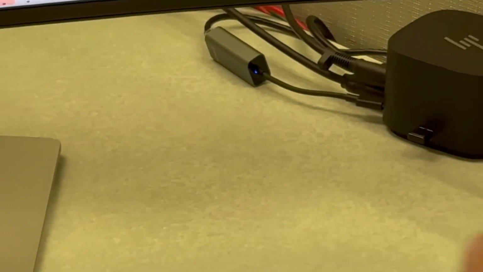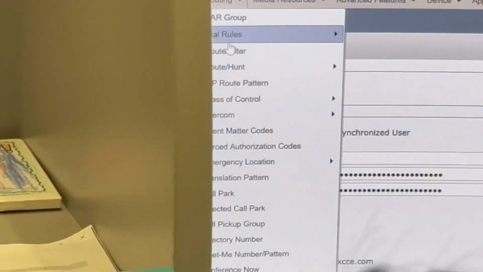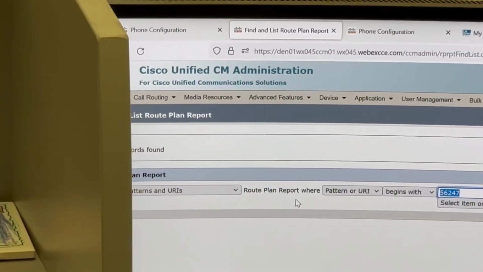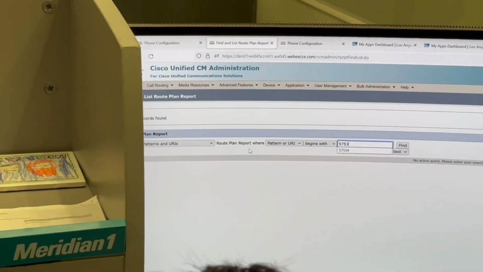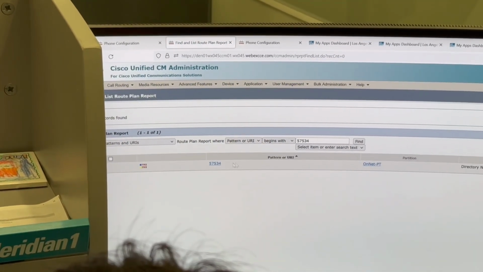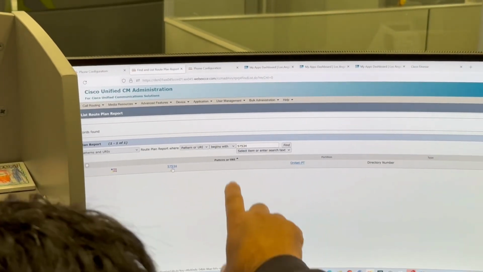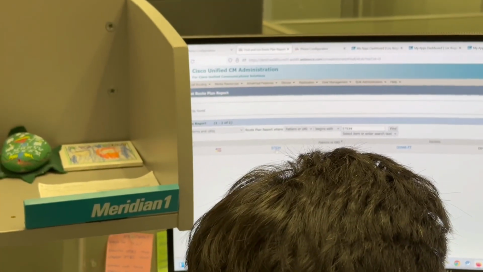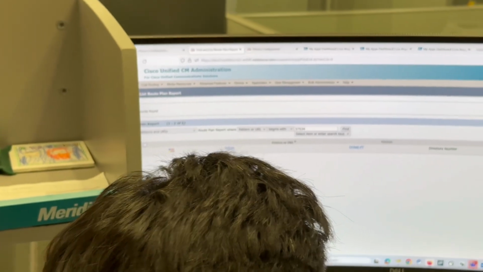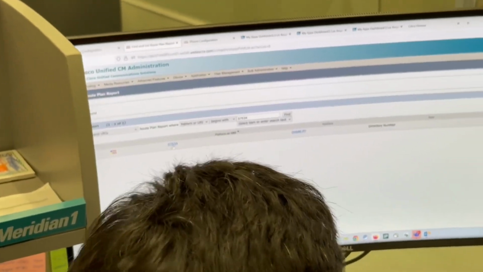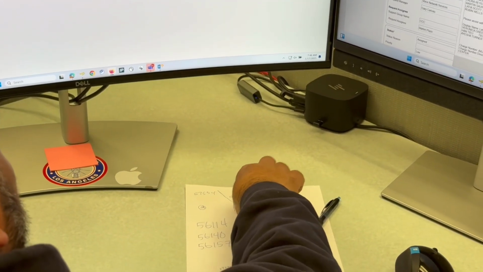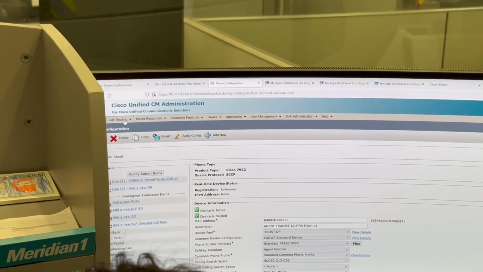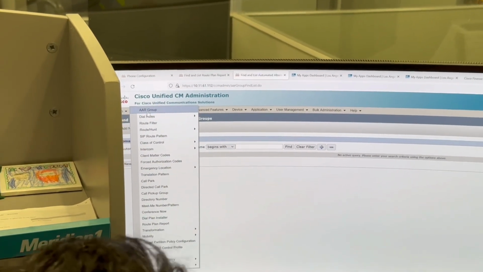So how we do that is we make a route plan, right? And then you go 57534. So this is the call manager, right? This is the original call manager. So her number sits in here now, 5753. But she's here, the number sits here, but her device is over here, right? Okay. So we've got to get this number from here to here, right? So in the old call manager, where the number's sitting, where the numbers come in at,